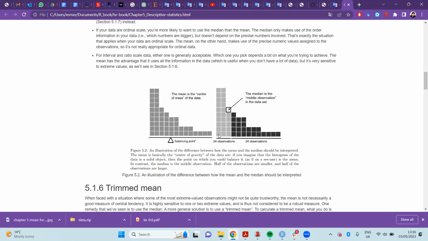As we can see here, the mean is very sensitive to the extreme values and is affected by the shape, the distribution of your data, which is the types of distribution we're going to